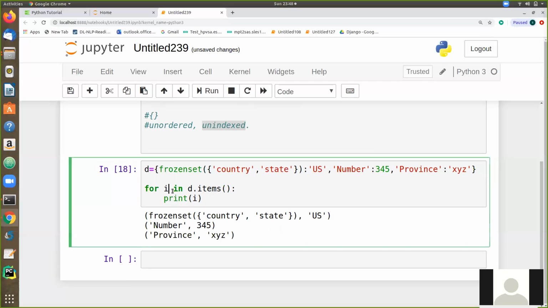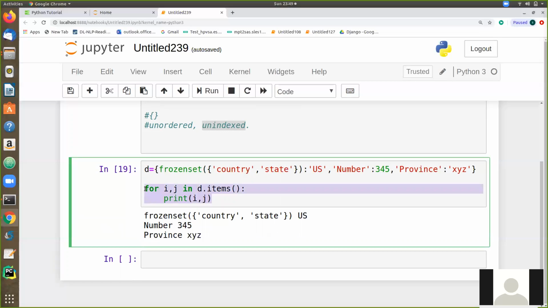For example, if you write i comma j here, print i comma j, then you can get key and corresponding value, key and corresponding value, key and corresponding value. So you have learned here how to get only keys, how to get only values, and how to get only items. So this is the format of getting keys, values, and items here. Now let's talk about